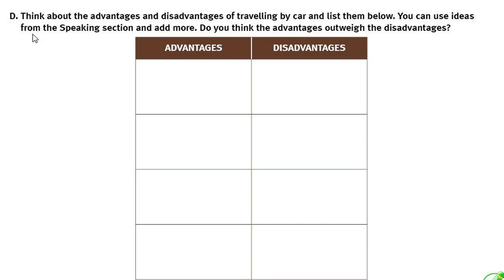D. Think about advantages and disadvantages of traveling by car and list them below. You can use ideas from the speaking section and add more. Do you think the advantages outweigh the disadvantages? ما هي إيجابيات وسلبيات السفر بالسيارة؟ وهل الإيجابيات تطغى على السلبيات أو العكس؟